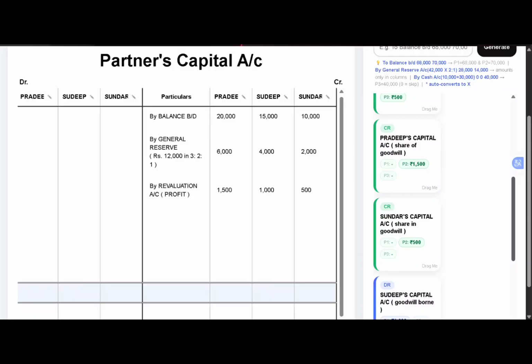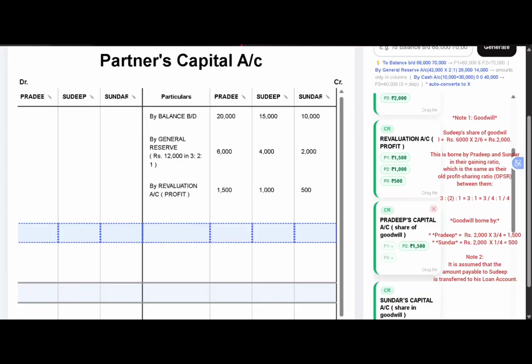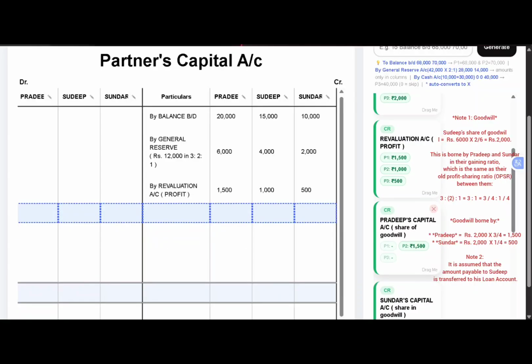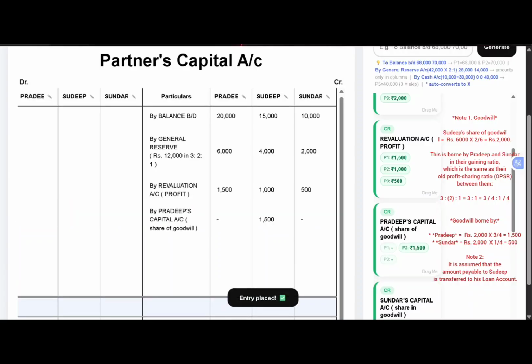It will be written as by Pradeep's capital account, and it is the share of goodwill which he is adjusting, that is Sudeep's share of goodwill, that is 1,500 under Sudeep's column. And also Sundar is also adjusting the capital for the retiring partner. So it will be written as by Sundar's capital account, that is the retiring partner's share of goodwill, rupees 500